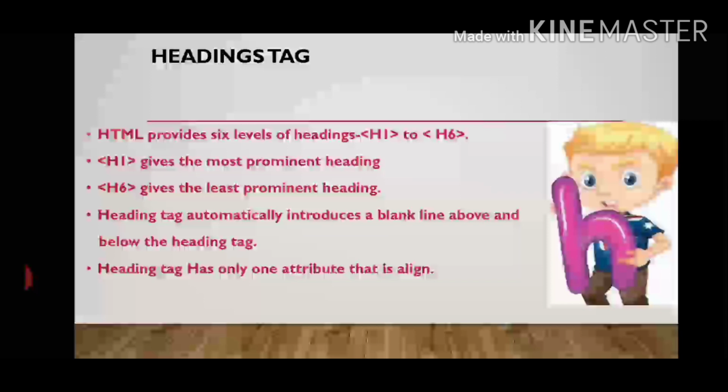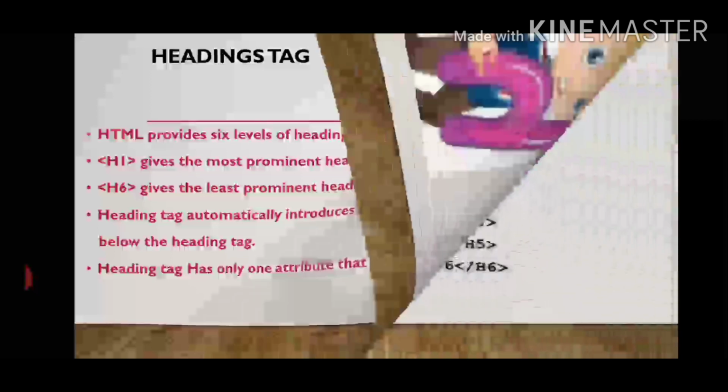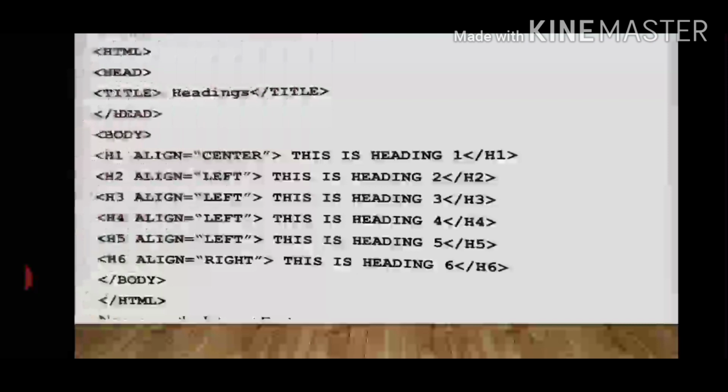It has only one attribute, that is align. Now let us see HTML coding by applying heading levels with alignment left, right and center, and it will be shown on the web browser like this with different level headings.